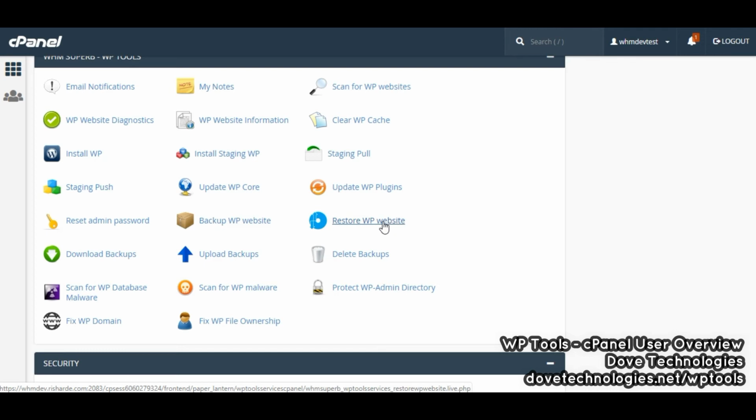Same thing, of course, is the restore WordPress website. Obviously, if you make a backup, you use the restore WordPress website to restore it accordingly. And of course, you can download the backups, you can upload backups, and you can delete backups. So it's very simple, but very, very useful,